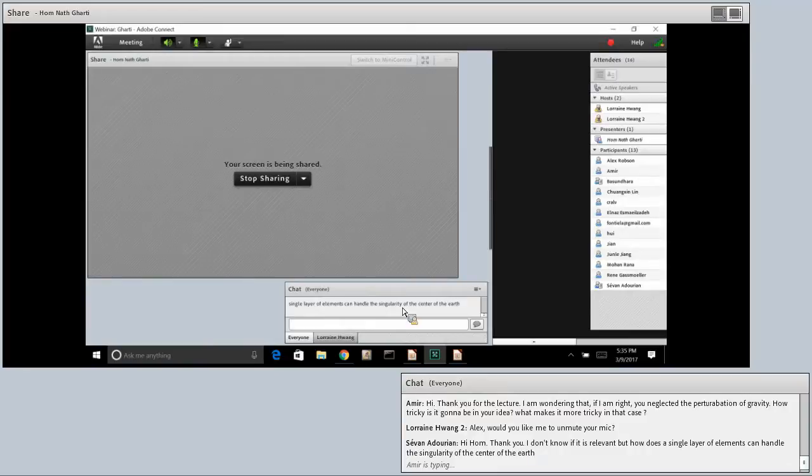The next question is, how does a single layer of elements handle the singularity of the center of the Earth? With singularity. So the idea here is that the